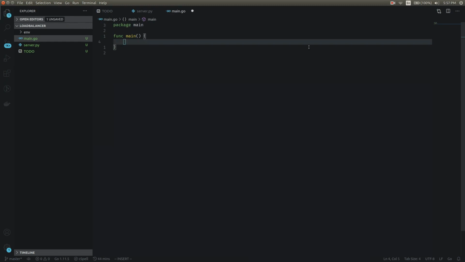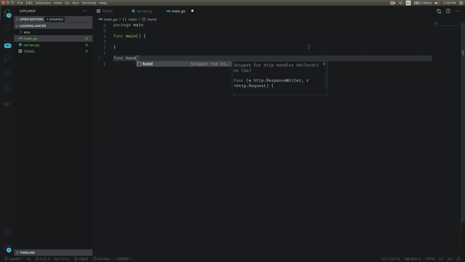For the load balancer to work, we have to first listen to HTTP requests. To do that, Go has a standard package called net/http, which helps in listening to HTTP requests and serving the response based on a handler function. So first let's create a function that will handle a request. In a way, a load balancer is also an HTTP server, except it won't be serving anything on its own. It will only be forwarding the request to a node which will actually do the handling of the request. So let's call this function forwardRequest. The signature of this function should match the handler function defined in net/http.